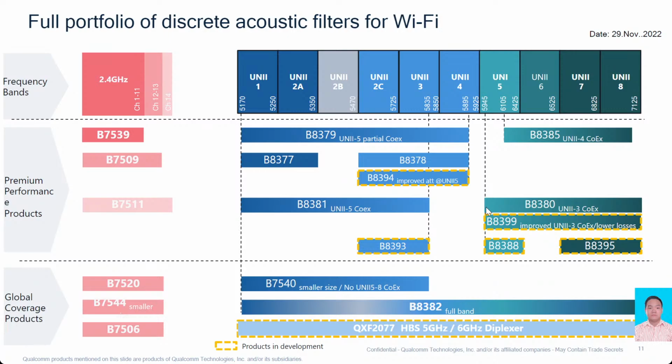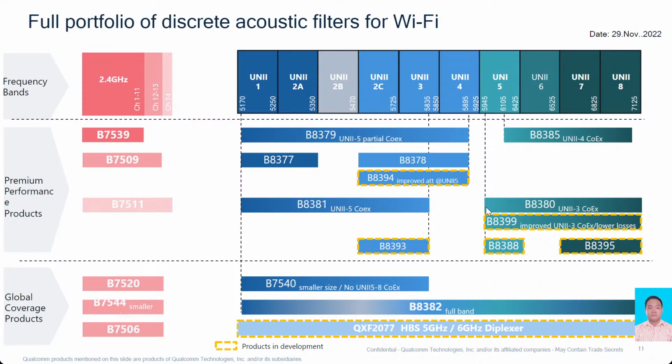And now, as I mentioned, that penta-band, you're going to break the 6 gigahertz into 2 as well. So you'll have a low band 6 gigahertz, so Uni 5, and a high band Uni 7 to Uni 8. It just depends on the designer, on what you're trying to do, how you go about that. We also have the full band